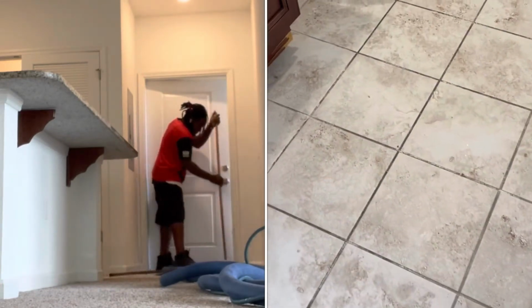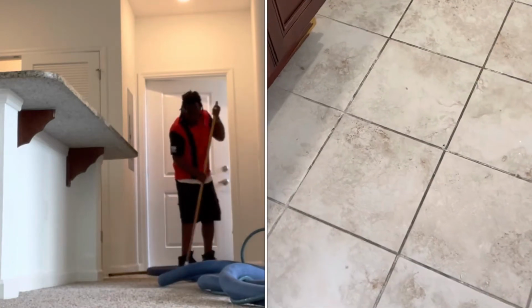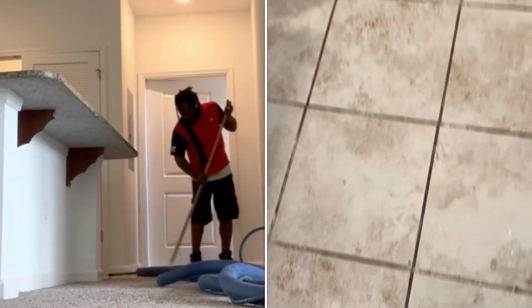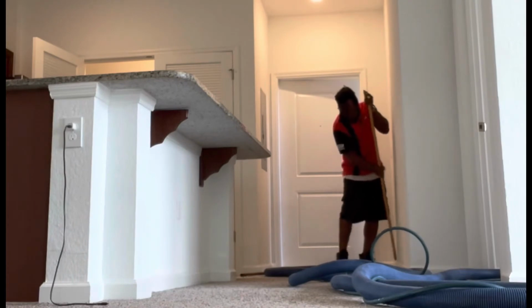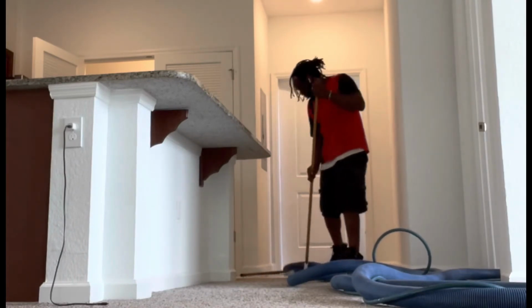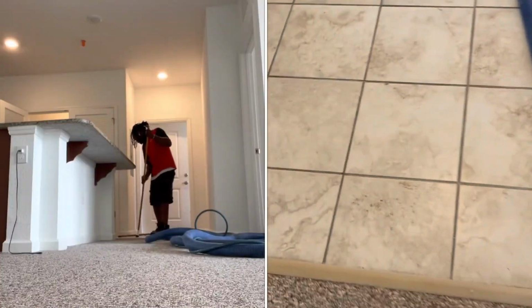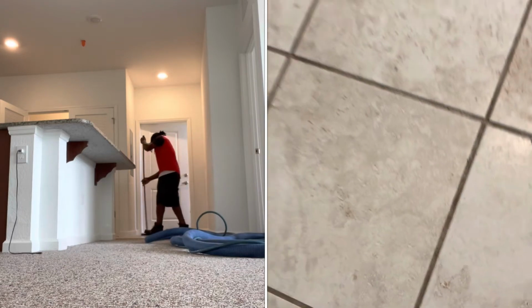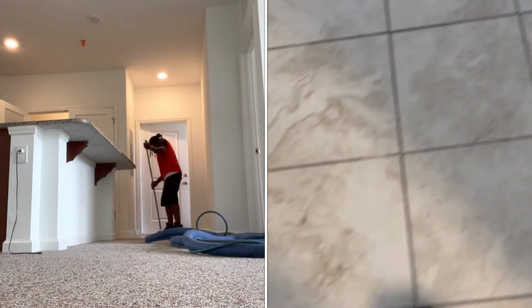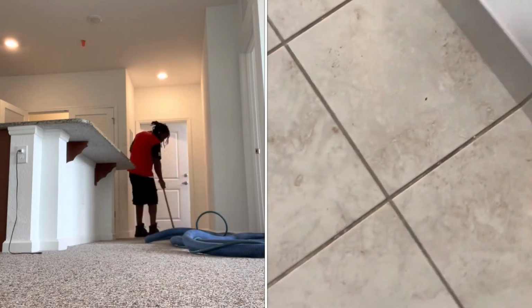People, we're about to do some tile cleaning. This tile is pretty sharp, man. It's nasty. So what we're gonna do, we're gonna apply our acid and brightener. And what that is gonna do is gonna help to lift up a lot of the dirt we see. Now, this particular tile, I prefer to scrub it just because scrubbing it is gonna help it to